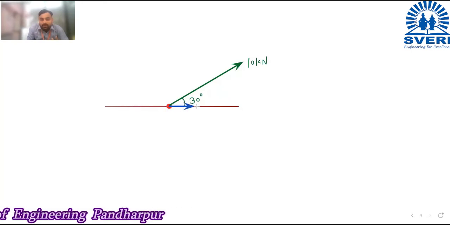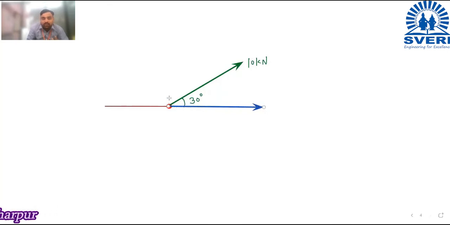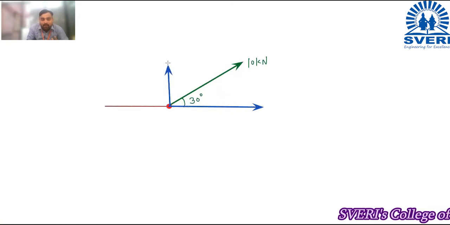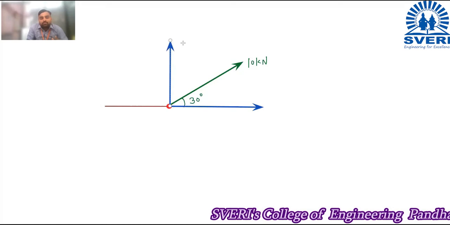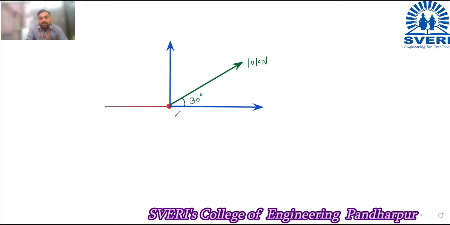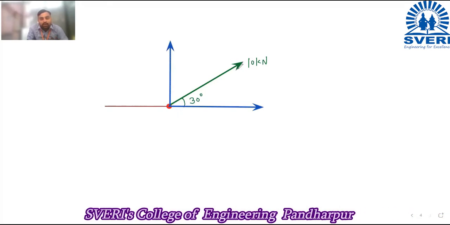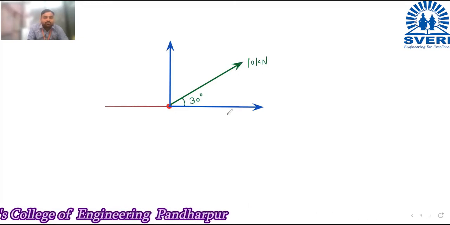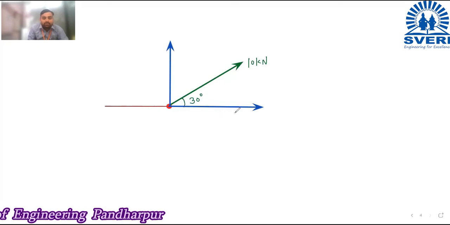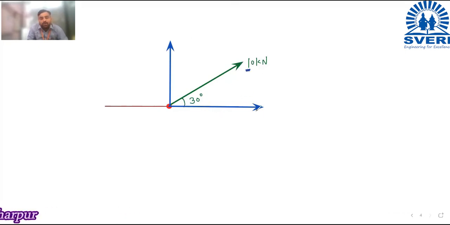Now this is our point of application. From here I will draw one line parallel to x-axis. Okay, then a second line parallel to y-axis. हे बघा अशी आहे ना. So now check whether your conditions are satisfied or not. ह्याचा arrow कुठे आहे? Away, tensile आहे. So this is the tensile force. So you should show the arrow of these two forces also, the same as the arrow of this force. So these two also point away.